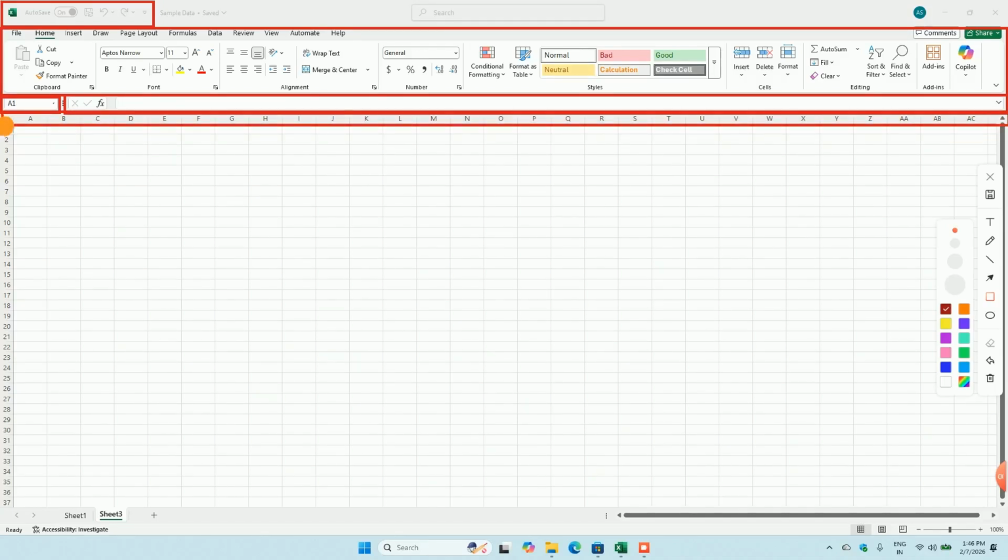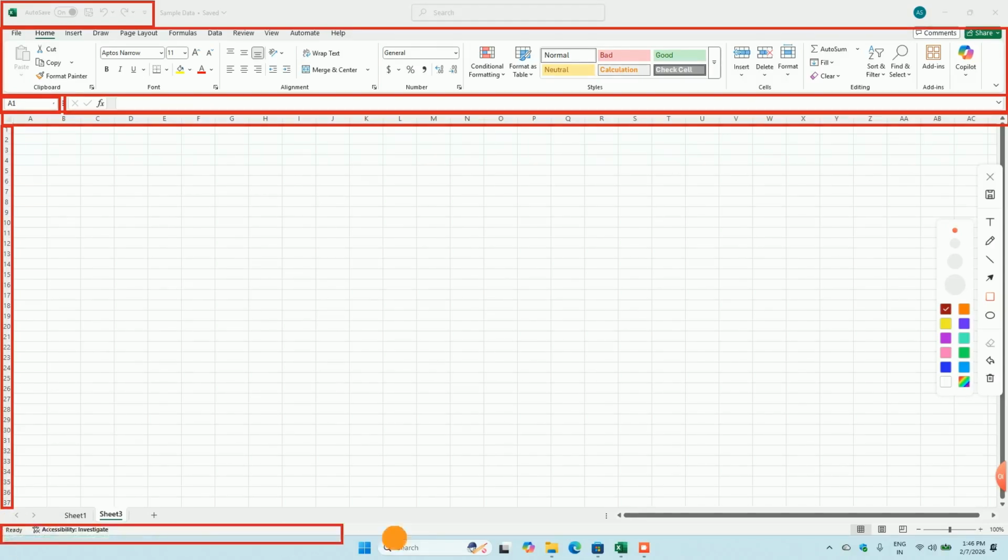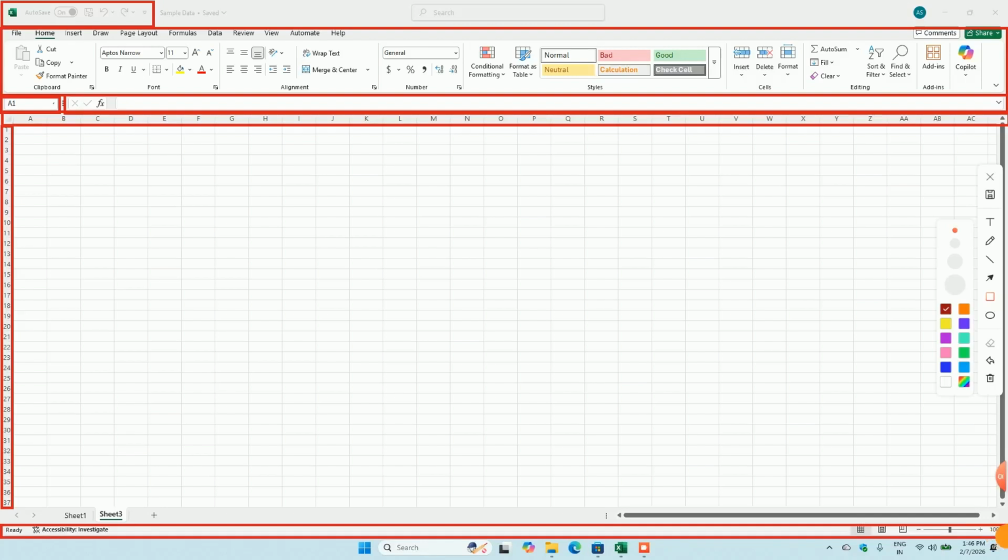This is a row header. This is the status bar in Excel. This is a scroll bar. This is also a scroll bar.